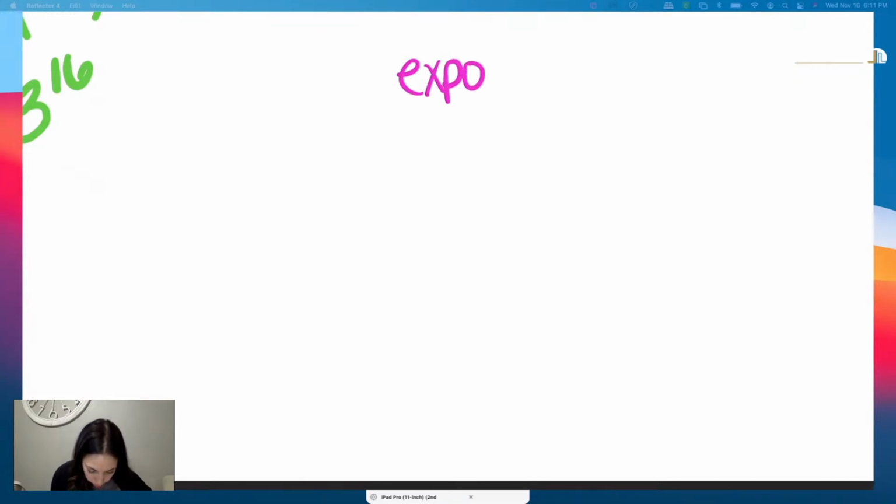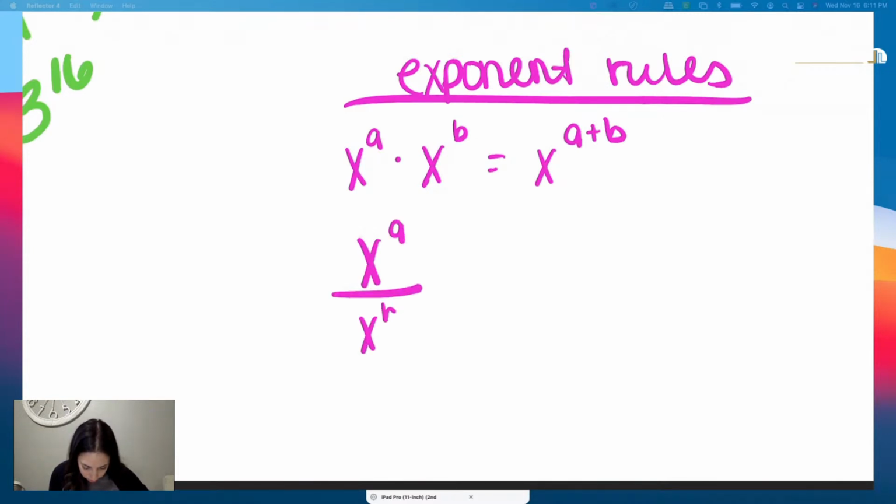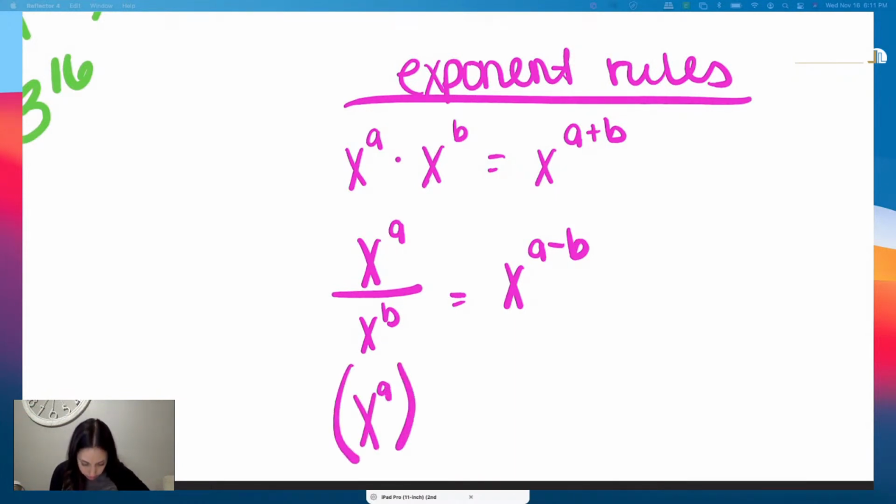Exponent rules say that if I have x to the a times x to the b, that equals x to the a plus b. If I have x to the a divided by x to the b, that equals x to the a minus b. I might be speaking gibberish for some of you. I will explain it in a minute. I'm just flying through this. If I have x to the a to the b power, that equals x to the a times b. Why? Because if I have x